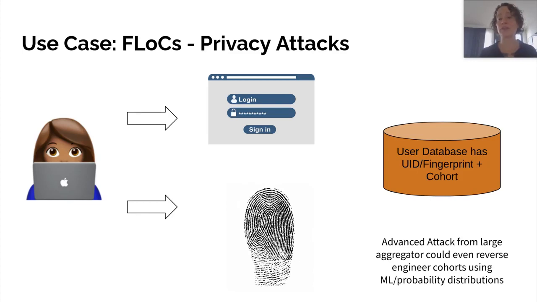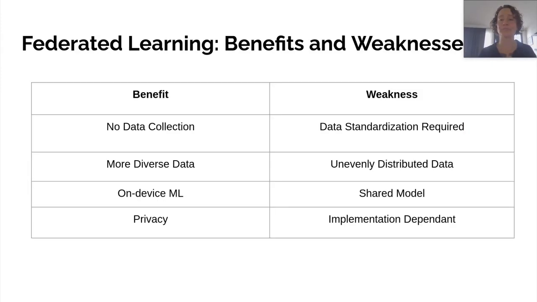or re-identify those individuals. And so when we think about collecting a massive database, let's say we had a large presence or we aggregated across many different partners or other properties, we could potentially create a database full of user IDs and their cohorts, full of browser fingerprints and their cohorts, full of a combination of those, which might even allow us to reverse engineer cohort selection, as well as potentially to reverse engineer even who those individuals are from the cohorts. So it's not a silver bullet for privacy.